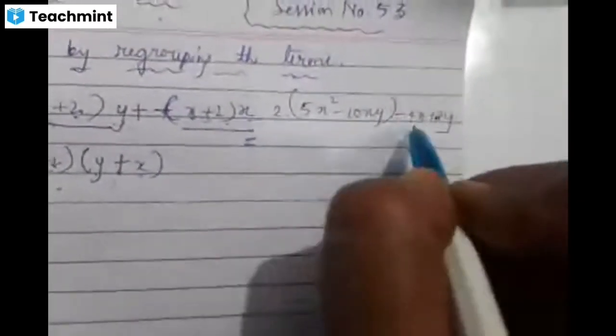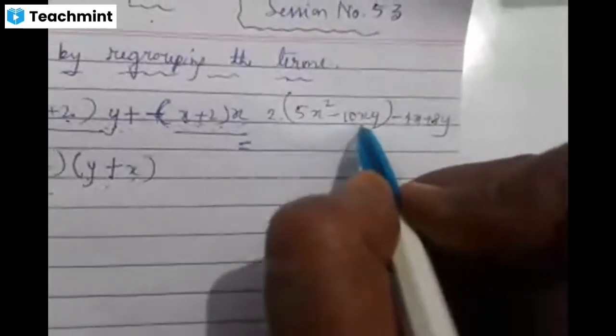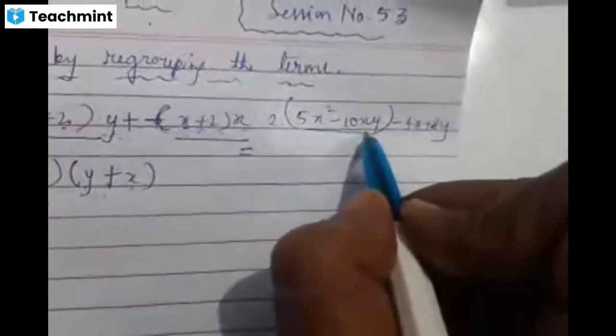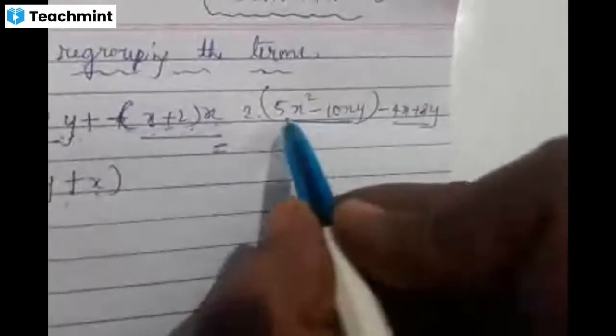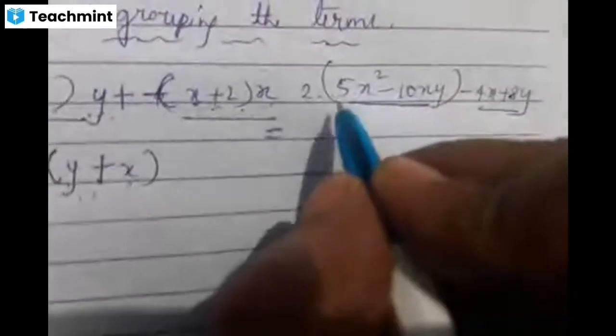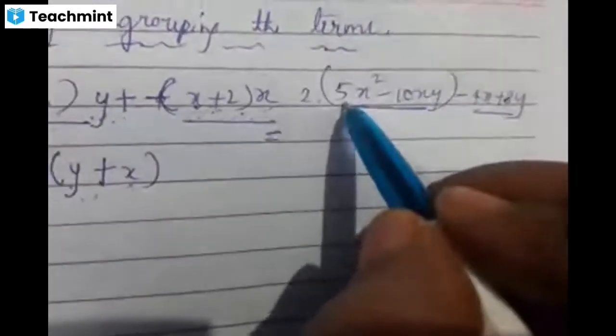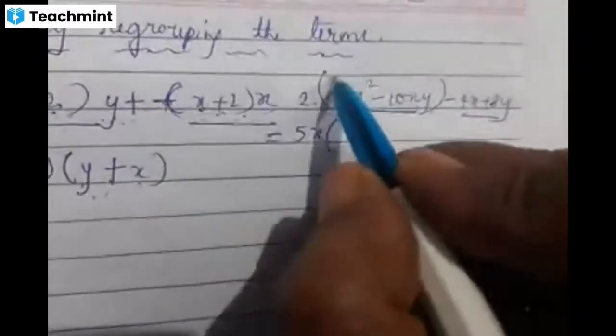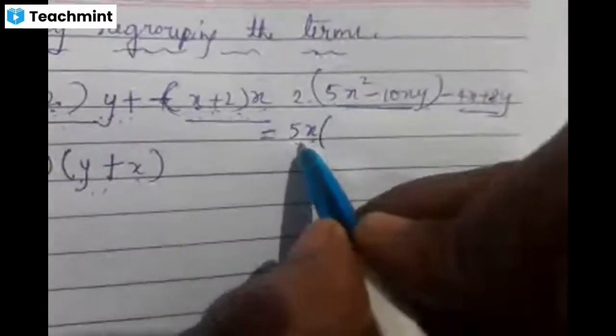If such is the case where 5x square minus 10xy and minus 4x plus 8y. Here let us regroup the terms, children, grouping the terms first and finding out what is common in 5x square minus 10xy. In the same way as the last class, here we have monomials. So 5x is common. Here you can observe 5x square and 10xy. What is common? 5x. 5x is common. In 5x square, 5x I have taken outside, what is left?